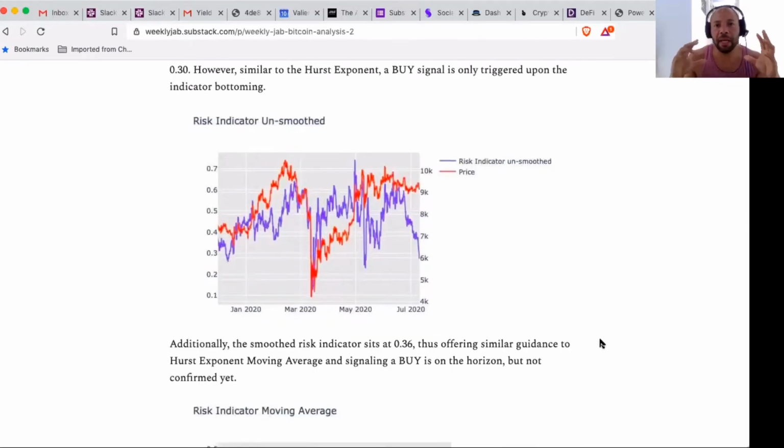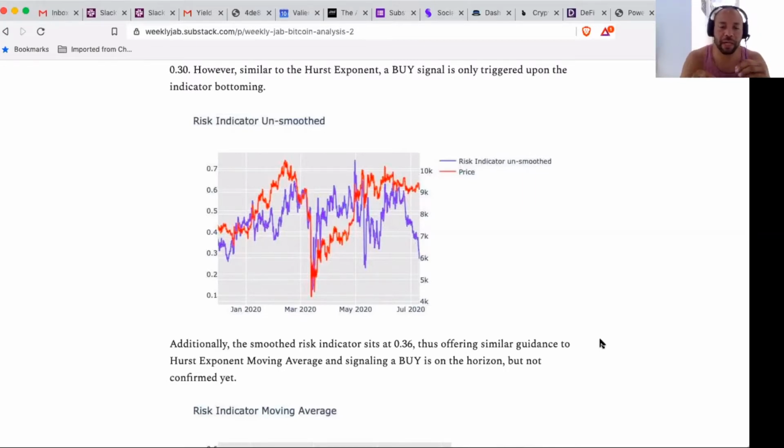So again, I think I mentioned it last week in the prior video. These risk indicator cousins are powered by some components of the Hurst exponent, but we have also included additional technical metrics and indicators that we have seen, both statistically and anecdotally, to be highly relevant for price prediction, or highly significant for price prediction, at least how we look at it within our general framework within the fund.